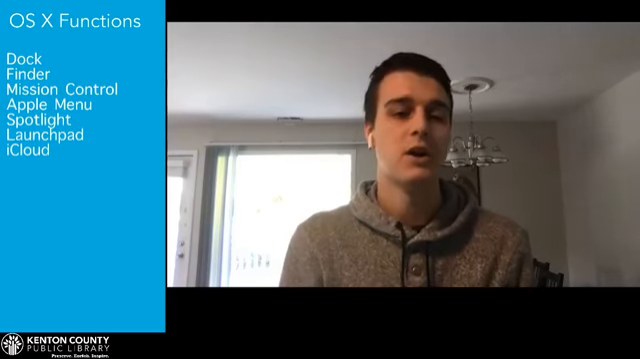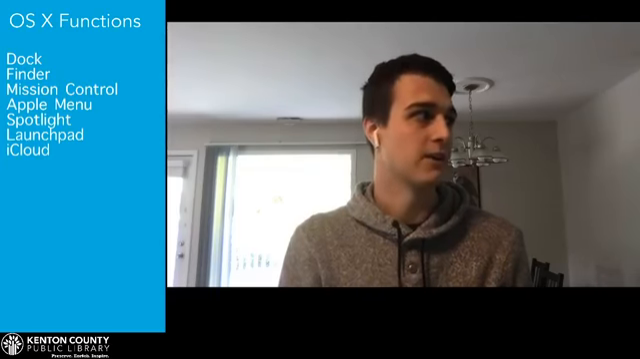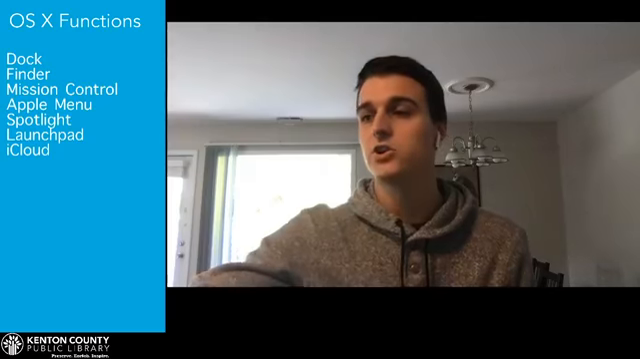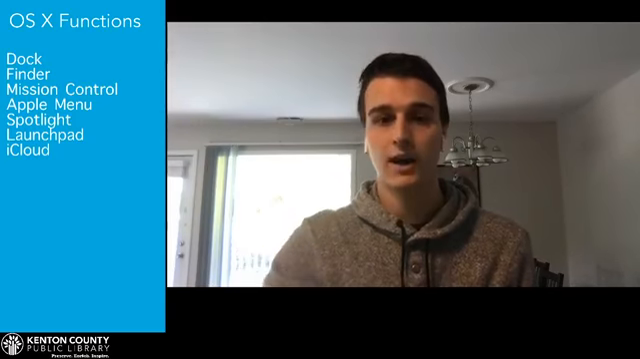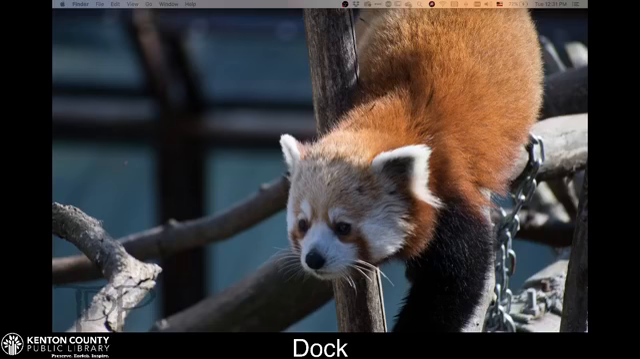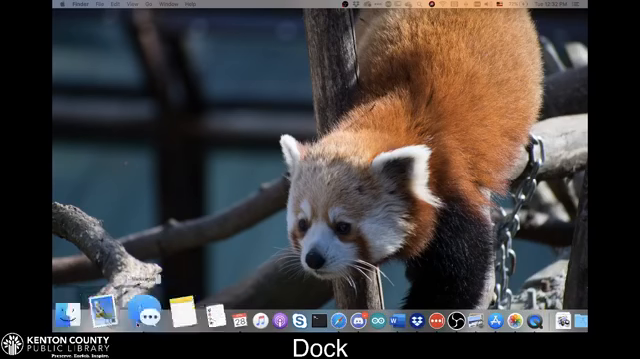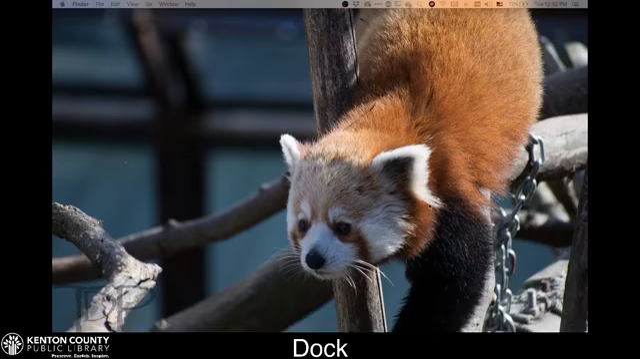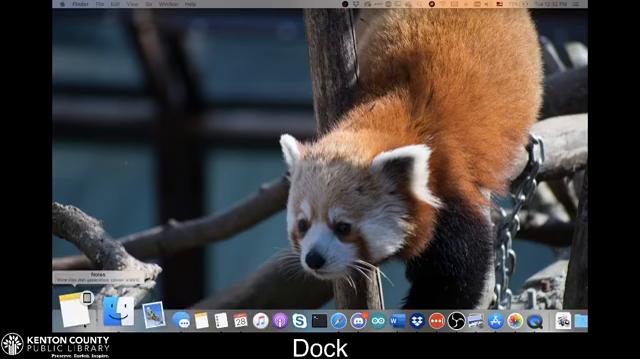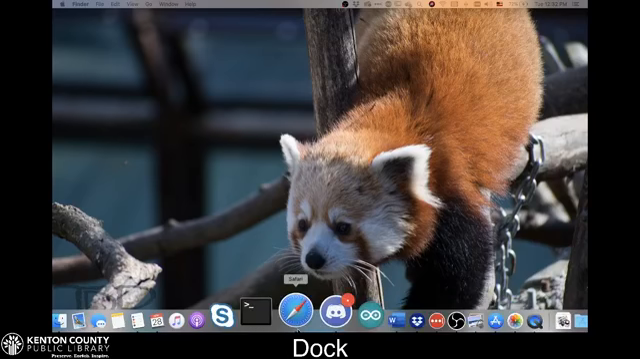Some of the OS 10 functions we're going to go over are the dock, Finder, Mission Control, the Apple menu, Spotlight Search, Launchpad, and iCloud. Let's get started with the dock. The dock is this little piece right down here. I have it set to hide when my cursor's not on it, but you can have it always there. This is basically a starting point where you can put all of your applications